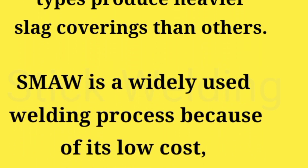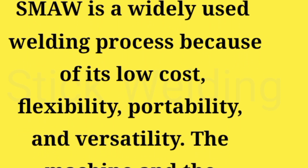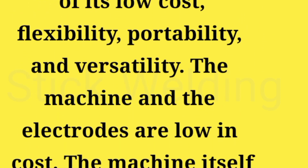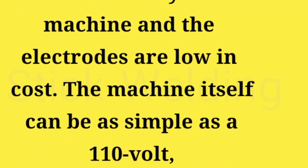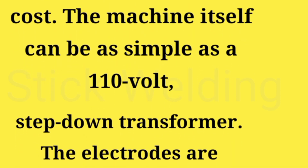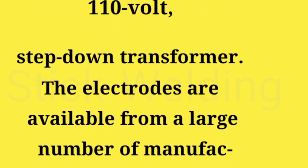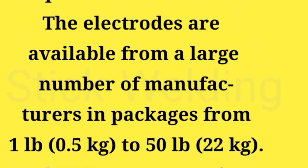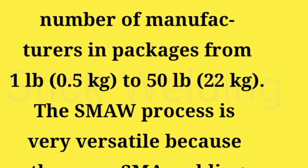SMAW is a widely used welding process because of its low cost, flexibility, portability, and versatility. The machine and the electrodes are low in cost. The machine itself can be as simple as a 110-volt, step-down transformer. The electrodes are available from a large number of manufacturers in packages from 1 pound (0.5 kilograms) to 50 pounds